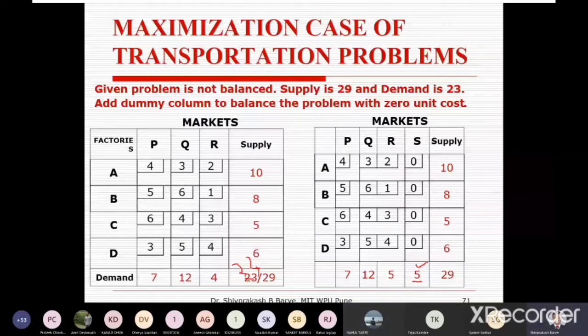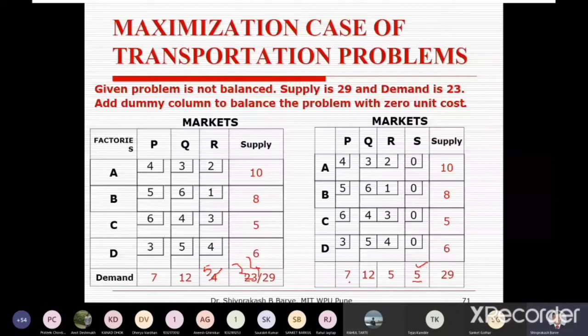29 minus 24 is 5. This is not 4, this is 5. Correct? Now the difference is 5 tons. So here we have to balance it by adding an extra 5 tons in that demand, so that if we